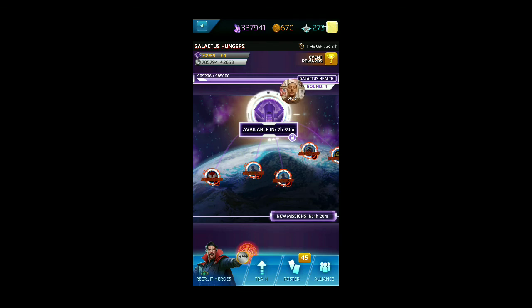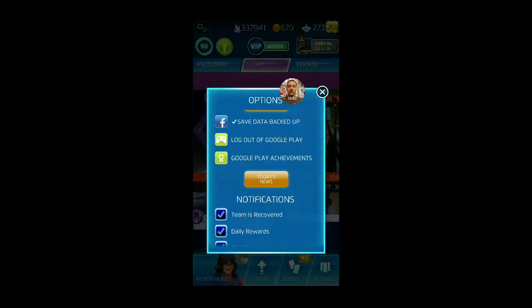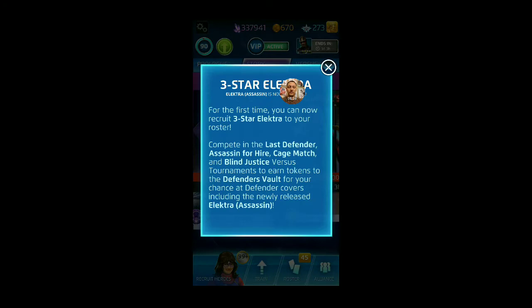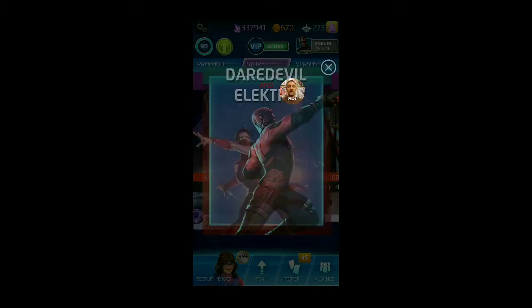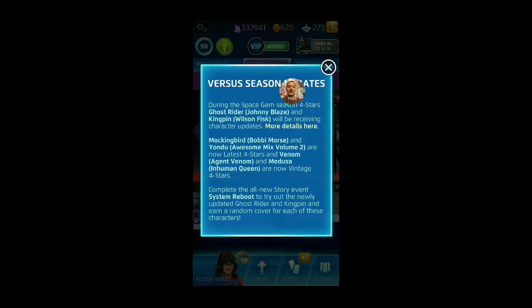So some other things to talk about in this video are some of the updates to Ghost Rider and Kingpin. I don't have it on my screen here, but if you click the cogwheel in the top corner there and go to today's news, skip through the survey because that was before. 3-star Elektra, just saying that she's available. Marvel Insider, you can sign up and get some points. There's Daredevil and Elektra, the 3-star and 5-star respectively, talking about they're available through this event and with these special tokens. And then this is where the season update talks about the updates for the characters Ghost Rider and Kingpin,